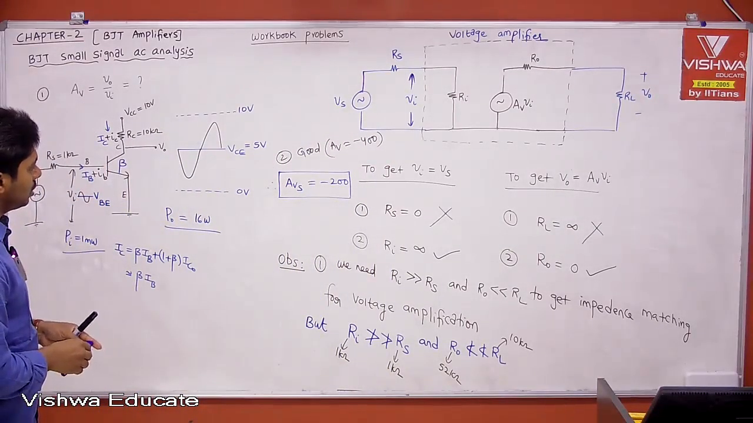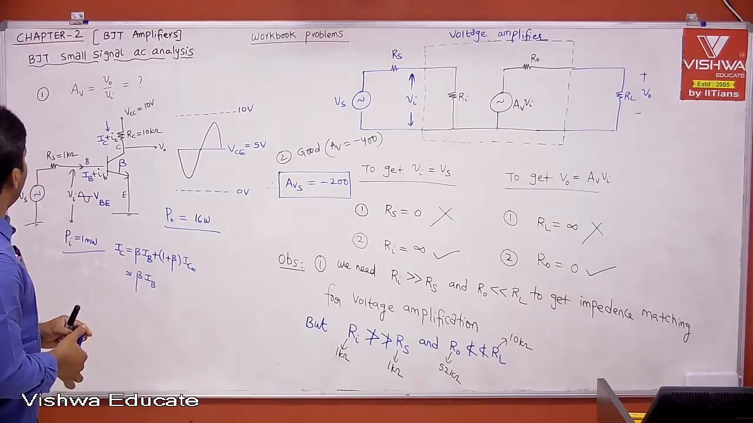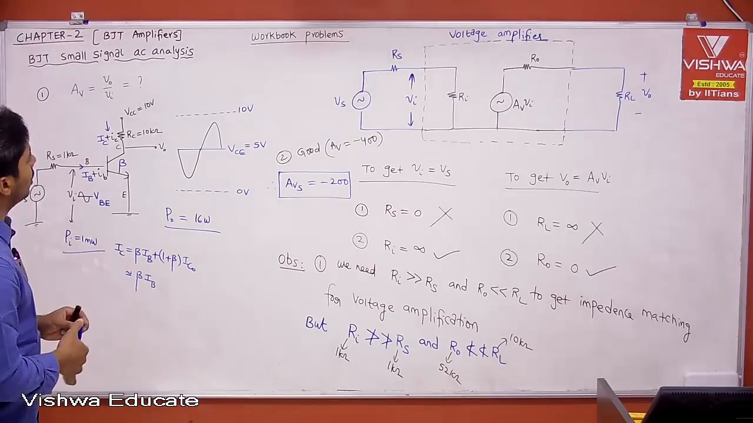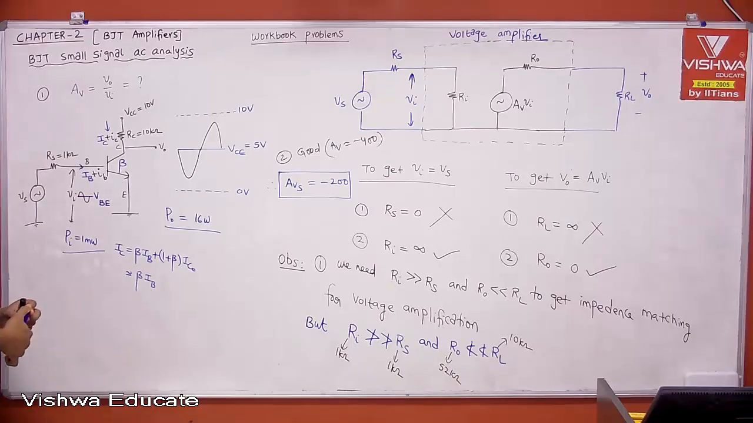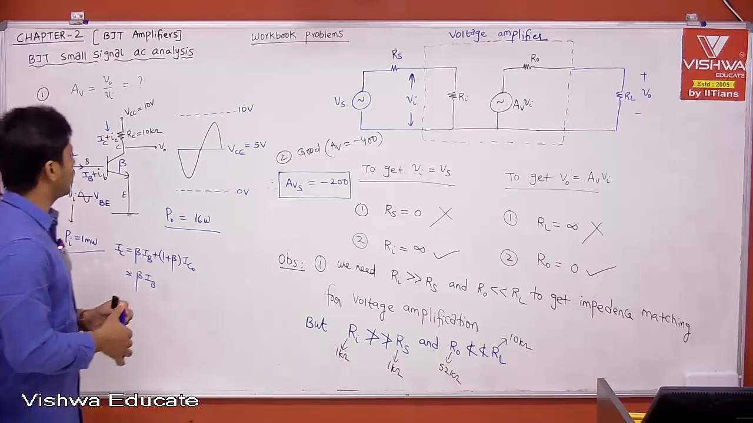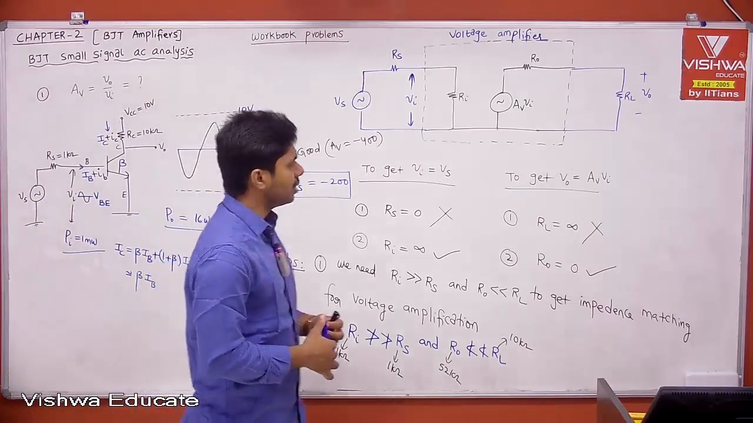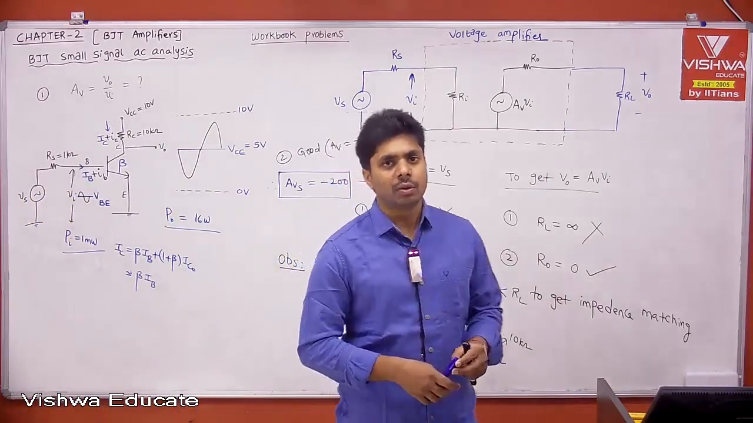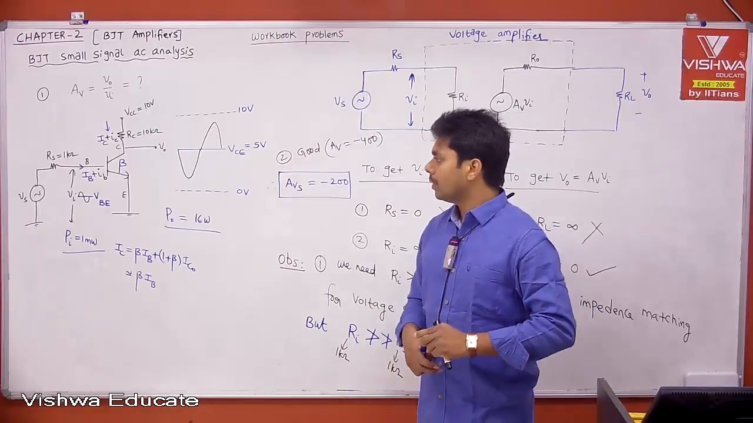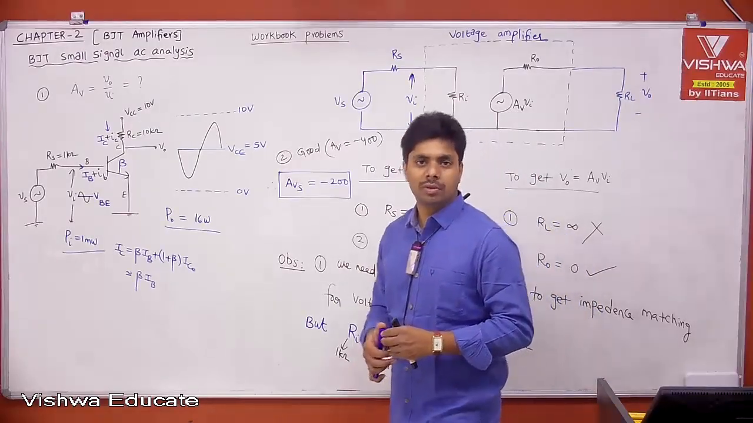In the last session, we solved problem number 1 from the workbook and calculated the voltage gain. Along with voltage gain, we calculated current gain, input impedance, and finally output impedance also. Then we had some observations. The observations are